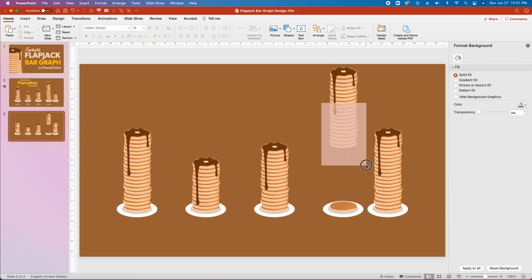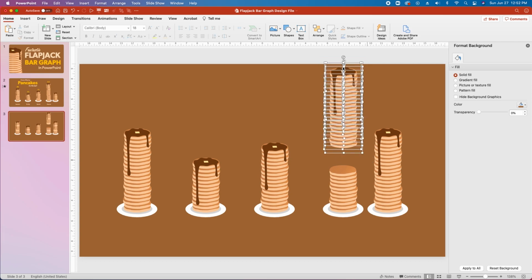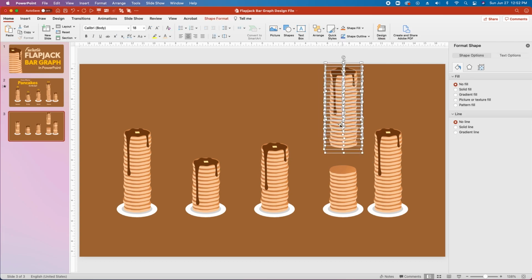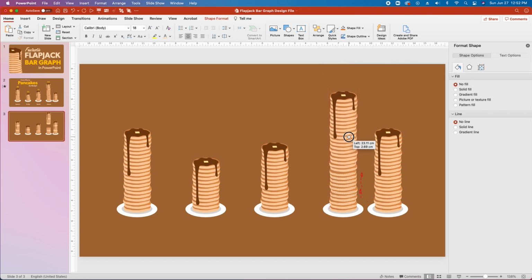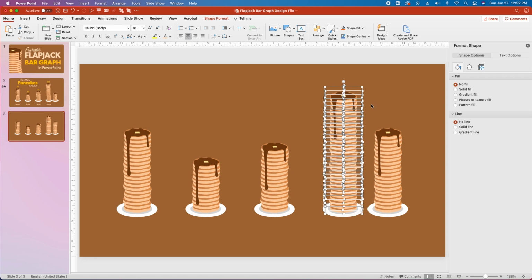Then select a bunch of pancakes from this stack, duplicate and drag them into place on top of the first pancake, then grab all the stuff on the top of your stack, arrange this, bring it to the front, and drag the rest of this stack back into place on the one that you created below. And that way, we're just settling this top stack onto the rest of the pancakes, and we get a nice seamless transition here. Then we're just gonna select all the pancakes again, hold shift, deselect the syrup, and group the